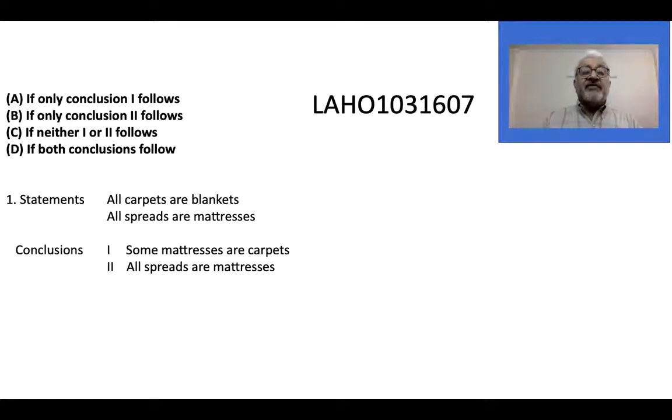We've got two conclusions here. So in this set of questions, we'll have two conclusions, and we'll have to reply to how these two conclusions stand. All right. So if the first statement is true, if only the first one is true, then you mark A as your answer. If only the second one is true, then you mark B as the answer. If both of them are wrong, neither of them is true, then you mark C as the answer. And if both the conclusions are true, then you mark D as the answer.